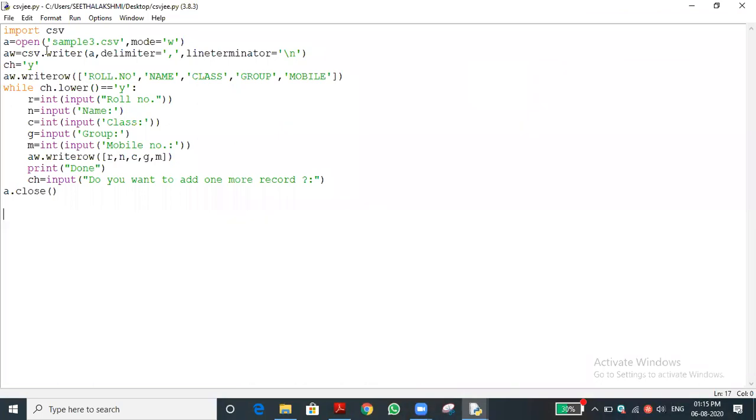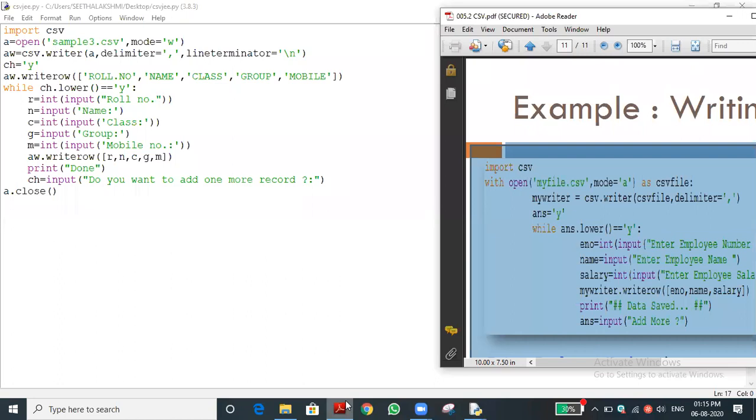So in this program, we learned how to write the data into the file, how to write the data row wise into the file. Next, we are going to learn how to read from the file. We now know how the data is stored, how the values are stored column wise, separated by commas, and how each record is stored row wise.